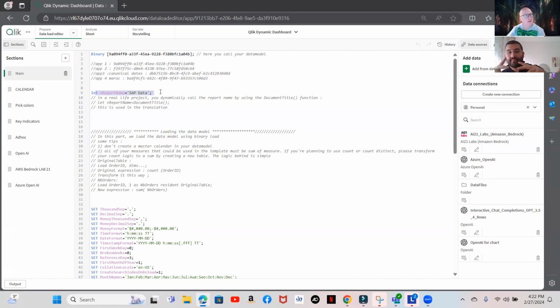But as for the dimensions and the measures, they will change according to which report you want to build. So right now I'm running a test. I say, hey, the report name is sub data. So please, when you store the QVDs, store the dimensions and measure translation under the sub data. But in a real life project,